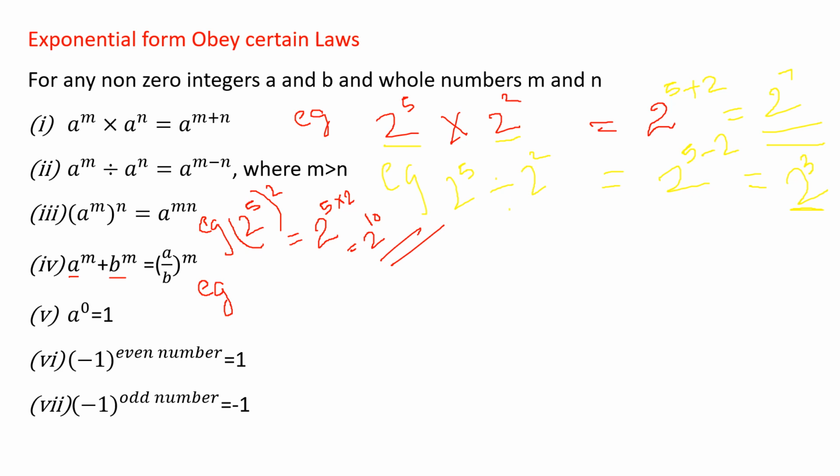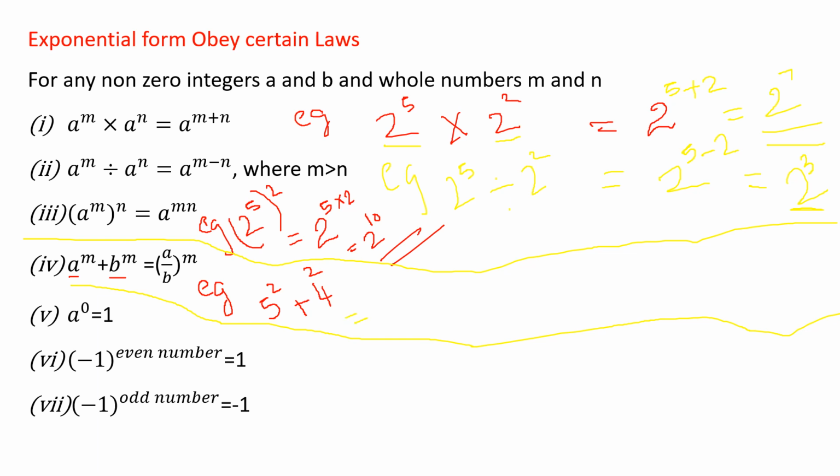Look at your example. The question is 5 power 2 plus 4 power 2. This is the fourth one. This is the example for the fourth one. Don't get confused with other examples. I'll put a line so you will not get confused. What is the example? 5 power 2 plus 4 power 2. So here the power is same, right? 2, 2. So how will I do the calculation?